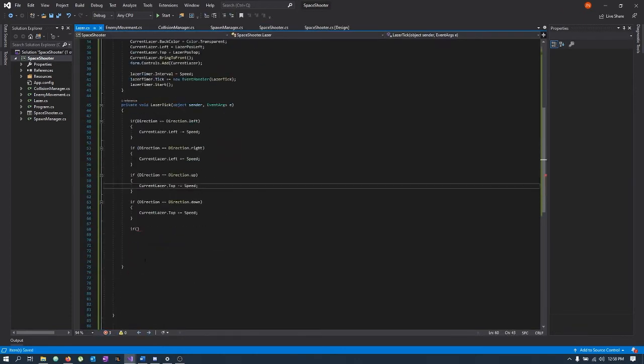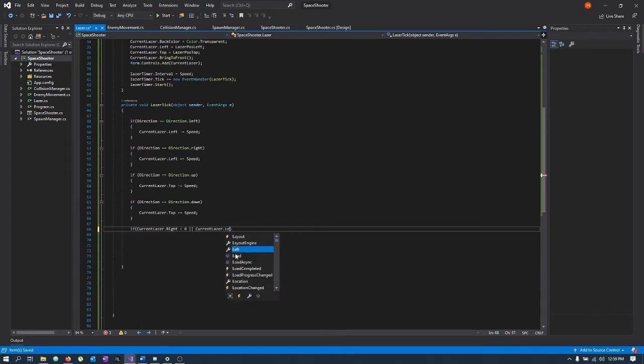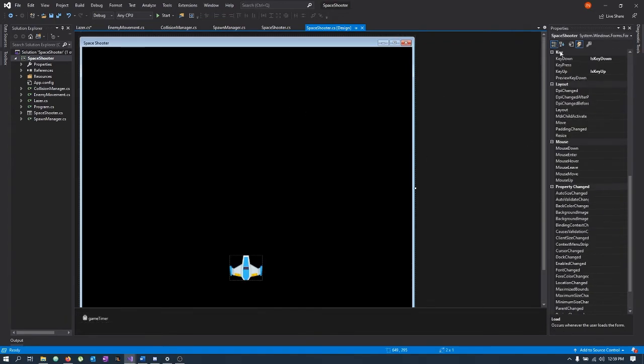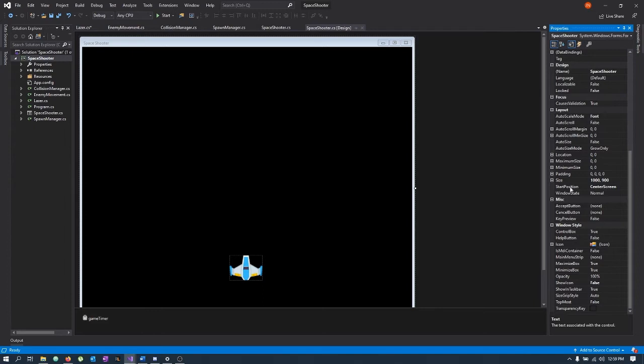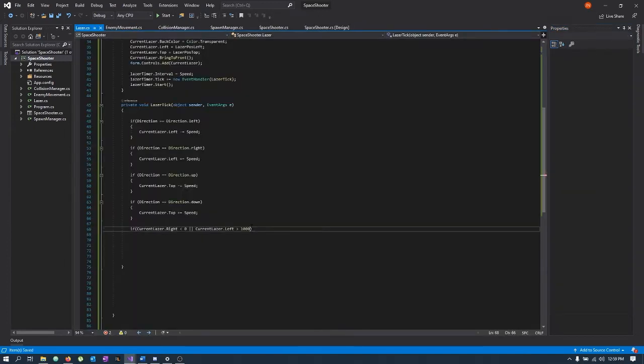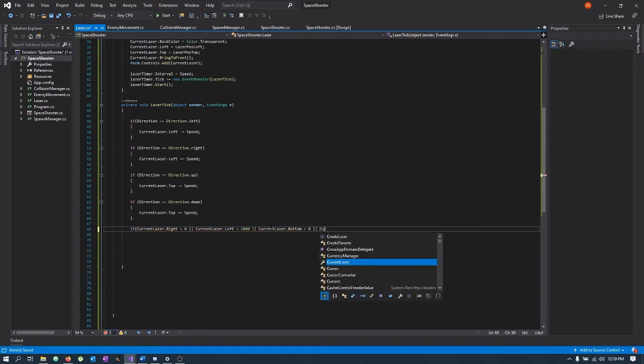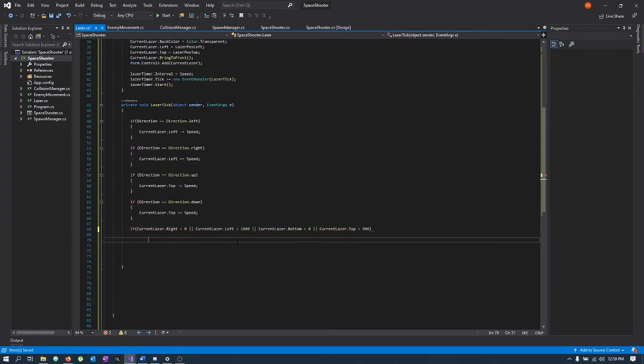So in the laser function here, if the current laser dot right is less than 0, or the current dot left is greater than 1,000, which are the bounds for the size of our form, or the current laser dot bottom is less than 0, or the current laser dot top is greater than 900, which is that. So if that's the case,